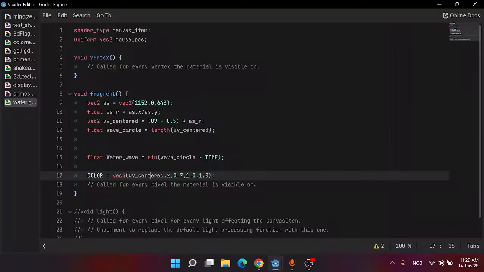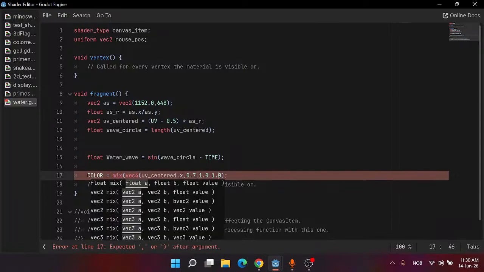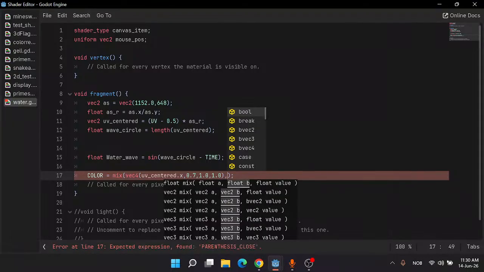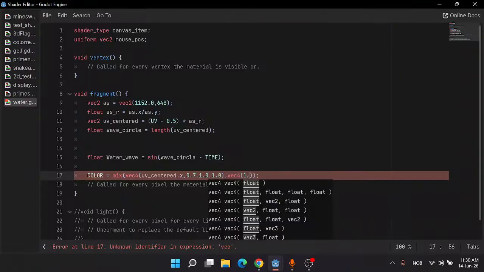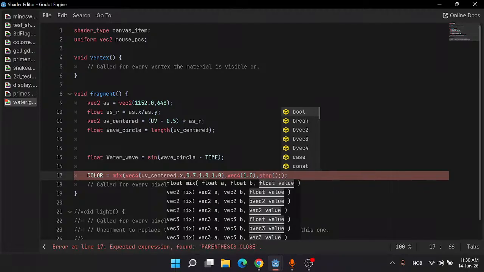Okay, so what I'm going to do is make this a mix. Then I'm going to put a black color. Or let's just make it white so it's easy to type out, let's just make it 1.0. Then I'm going to put a step function here, and in the step function, I'm going to say